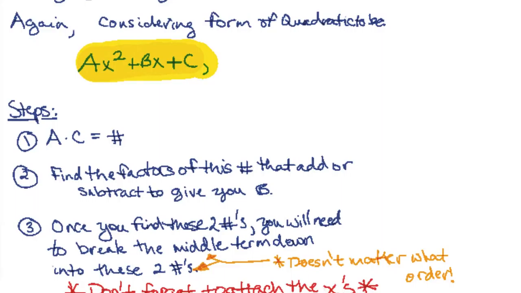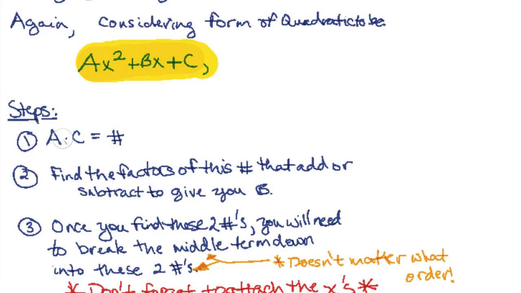Now, granted, I know some of you have become very good at just factoring by looking, by inspection and guesstimation, if you will. But that won't always work. There will be problems, I guarantee you, that you'll come across where you'll guess and guess and guess and you'll never find the right combo. You'll end up wasting a lot of time on something that you could have done very quickly had you followed